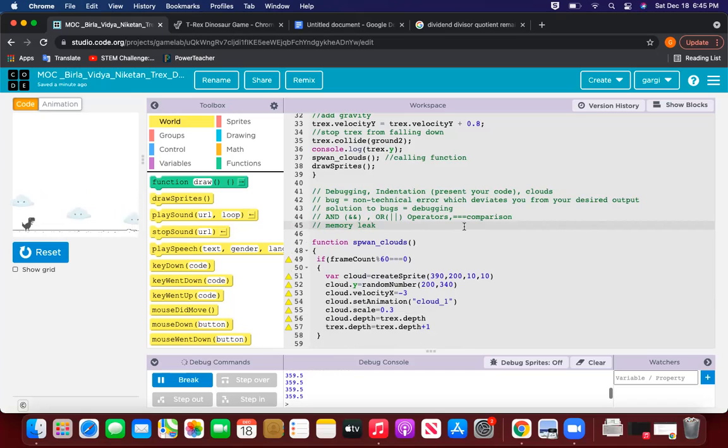Now, what is a memory leak? What do you think? Let me stop share. Does a computer have infinite memory or limited memory? Ma'am, limited memory. Very good, Unnati. Anyone else want to answer? Ma'am, limited. Very good, Bhaskar. Okay, everybody thinks limited. Very good. So yes, your computer has a limited memory.